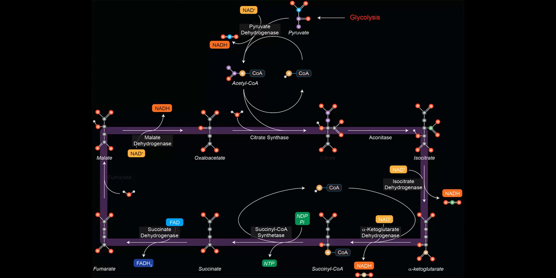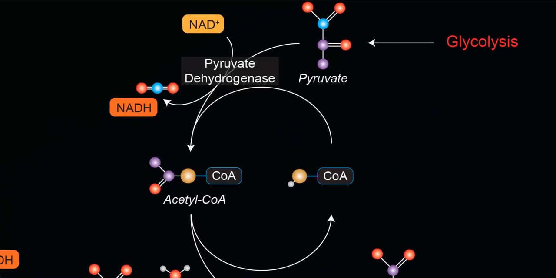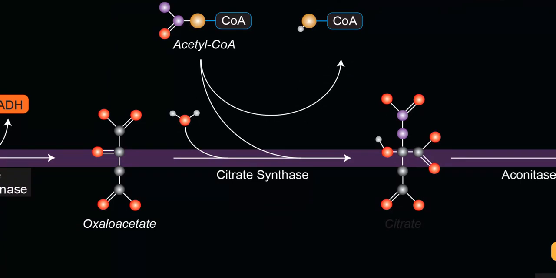Once inside the mitochondria, there's a really large enzyme complex known as pyruvate dehydrogenase, which catalyzes the oxidative decarboxylation of pyruvate. The resulting 2-carbon unit, which is essentially acetic acid, is conjugated onto coenzyme A. We call this acetyl-CoA, and this is the entry point into the really important TCA cycle, or tricarboxylic acid cycle. The first step of this cycle is combining the 2-carbon unit from acetyl-CoA with oxaloacetate using an enzyme known